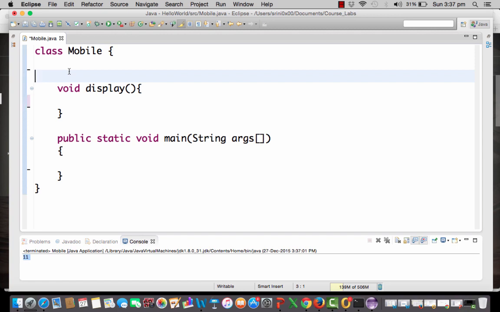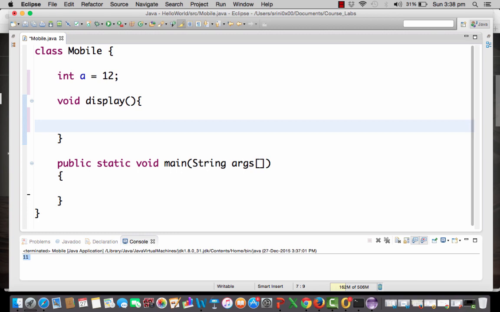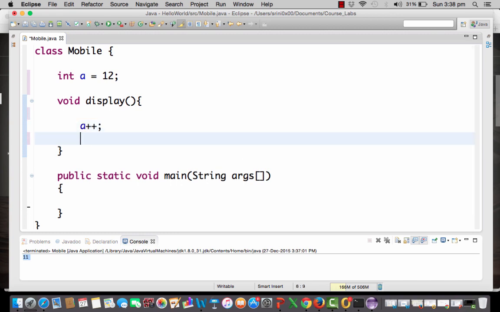In this video, we're going to talk about the final keyword. First, let's create a variable. Let's say the value of this particular variable a is 12, which is an integer, and I just want to increment this with a++, which is going to become 13. Now I just want to display this value here, System.out.println,